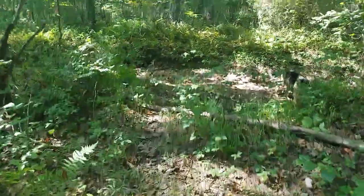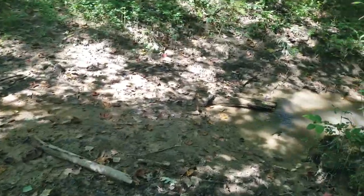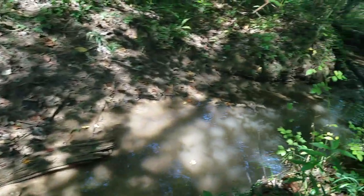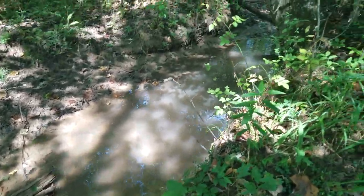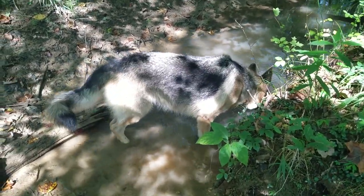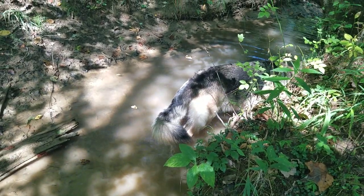Here's where you can tell whether the creek's running, and it's not. Because if the creek was running, it would be coming up and over here, but it's not. So these are just pools. Yeah, Ava loves water. Haven't actually taken her to deep water, so I don't know whether she can swim. I'm sure she can, but